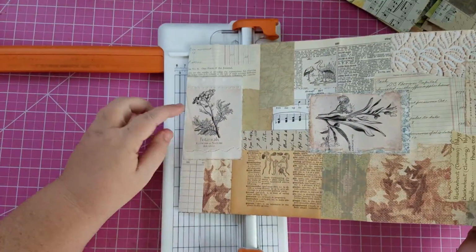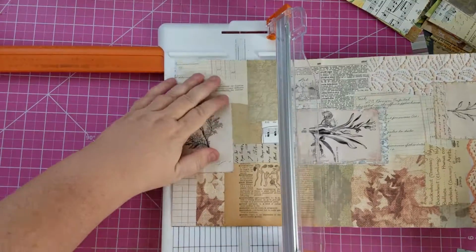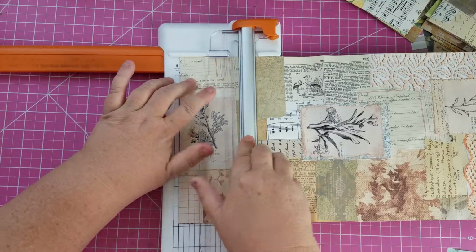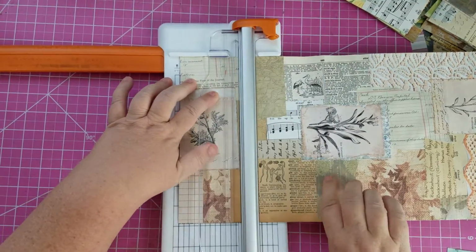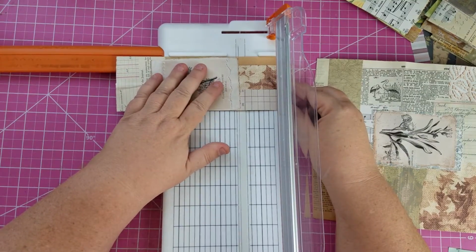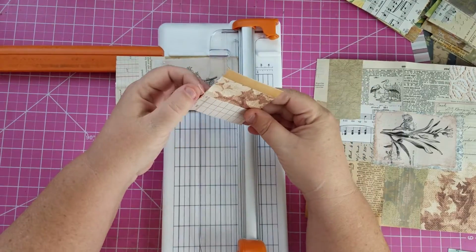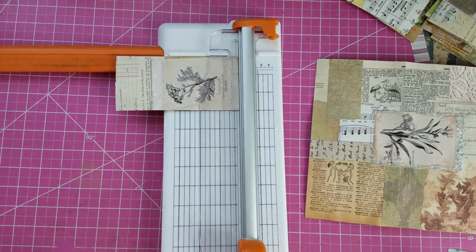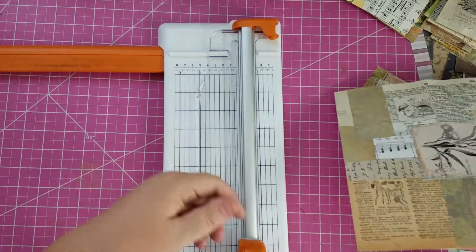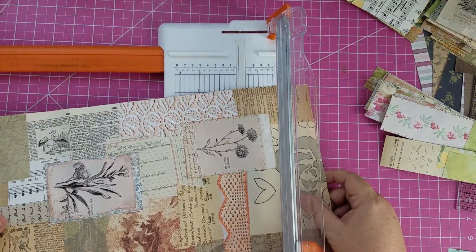Okay, I know that I want this a tag. So I'm gonna cut this out right here at 3. It looks like 3 would be good. And I'm gonna go right at the bottom of this. And this we'll figure something out to do with. I'm gonna put it in my little miscellaneous pile and put that in with my tags. Okay, I have a lot of tags over there, so let's do some